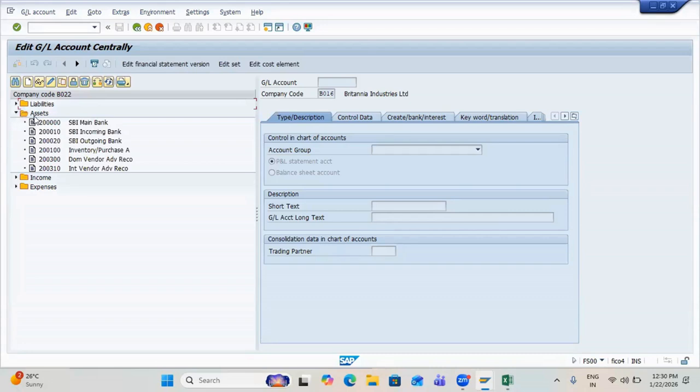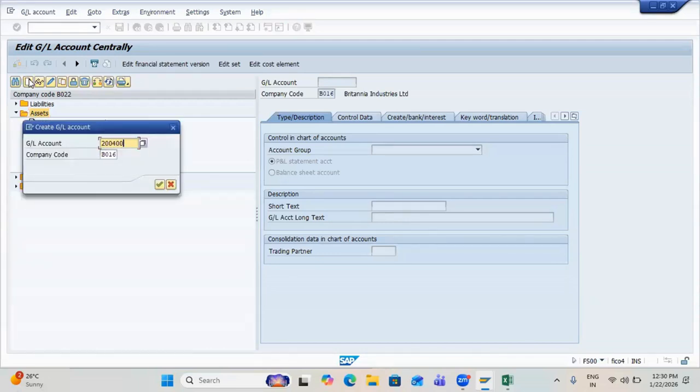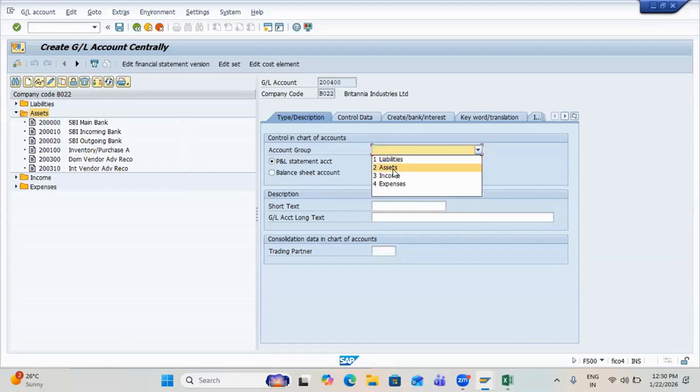Generally, in real time also we will be creating under assets only. But in assets, we can keep a separate group as taxes, but we are creating under this normal group of assets only. I'll create like 200, 400, B022. This is an asset, balance sheet,